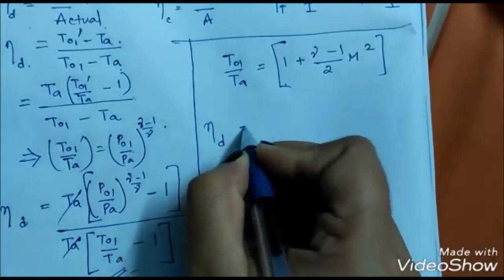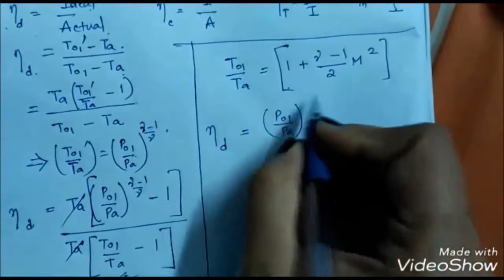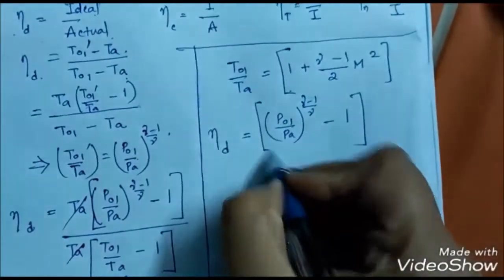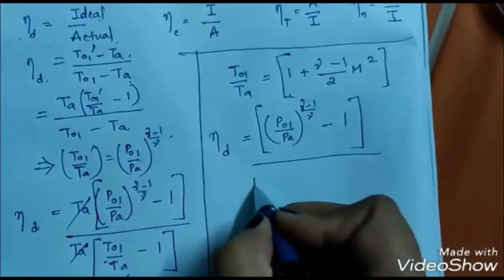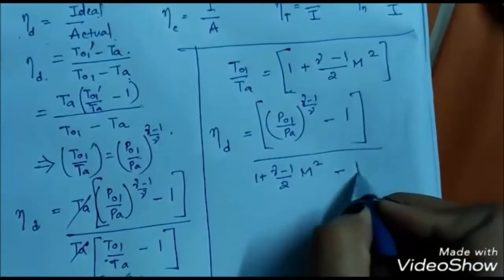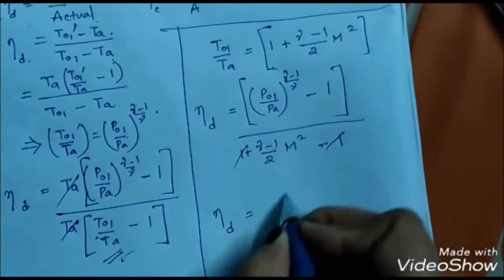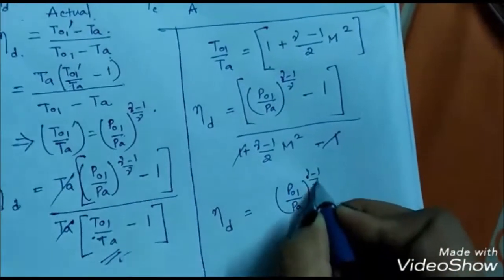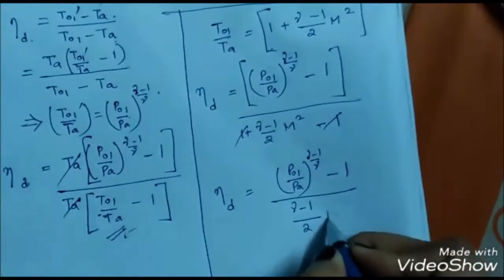Eta D equals P01 by PA to the power gamma minus 1 by gamma minus 1, divided by 1 plus gamma minus 1 by 2 M square minus 1. This minus 1 and this plus 1 get cancelled. Eta D equals P01 by PA to the power gamma minus 1 by gamma minus 1, divided by gamma minus 1 by 2 M